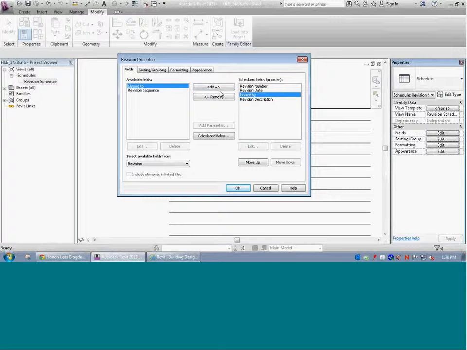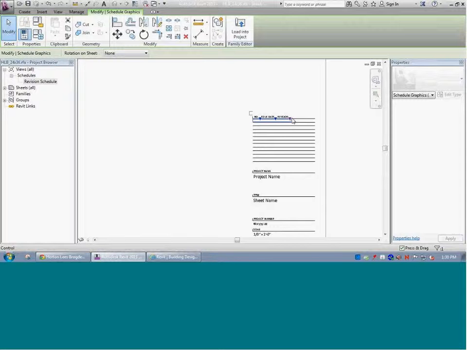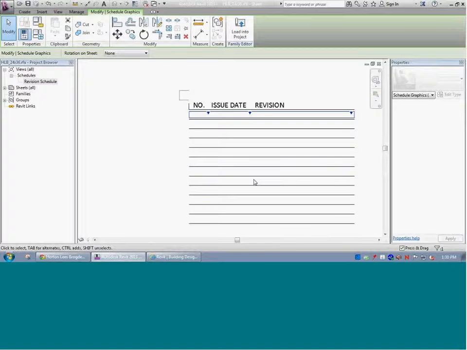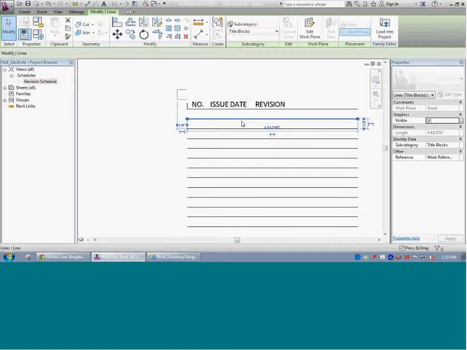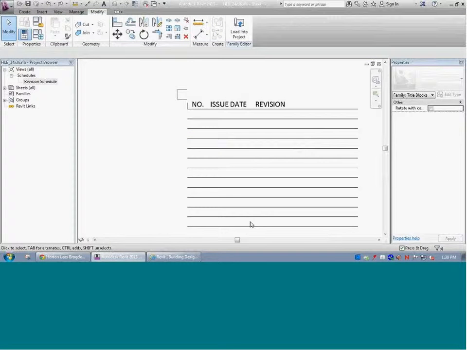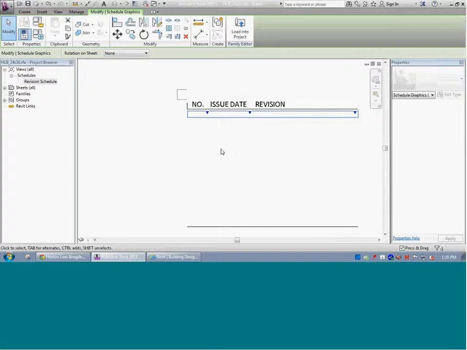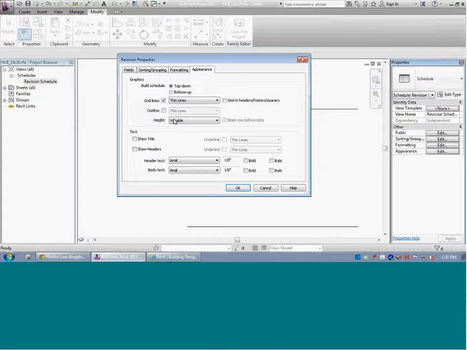And remove. We're just going to go revision description, so we only have 3. This will populate. Now, it's going to be a little bit of work as you fill in with multiple revisions, the text works out with your lines. That's the problem. Two things you can do. You can either say, okay, we're going to get this to work with multiple lines, take our lines out of there, and allow the revision schedule to do the work. You can add